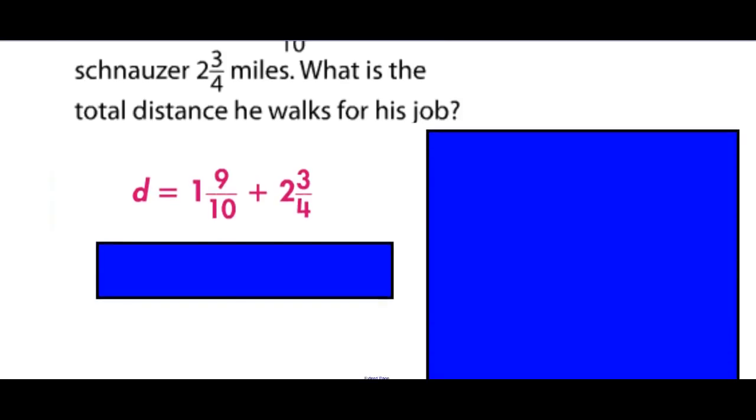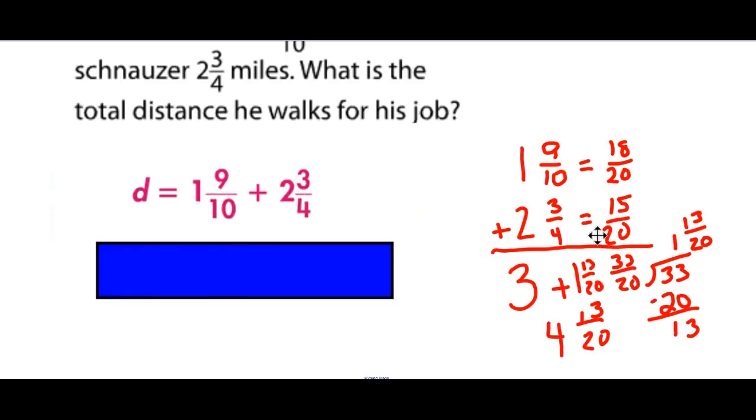Okay, guys, here's the answer to number 2. So we took 1 9/10 and added 2 3/4, converted that into 20ths. 18/20 plus 15/20 gives us 33/20. When we change that back into a mixed number, because it's improper, we end up with 1 13/20. And 1 13/20 plus 3 from over here in the whole number part gives us a final answer of